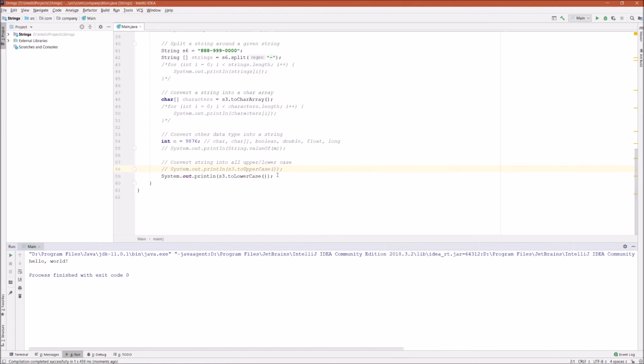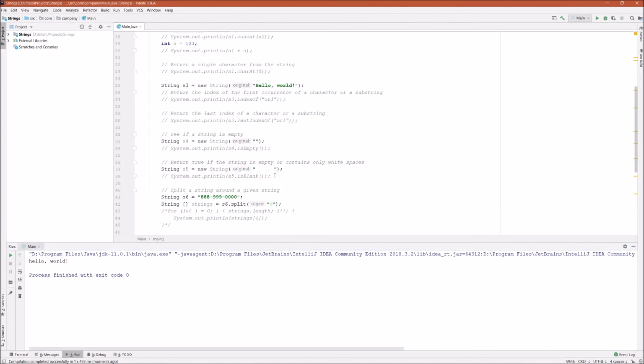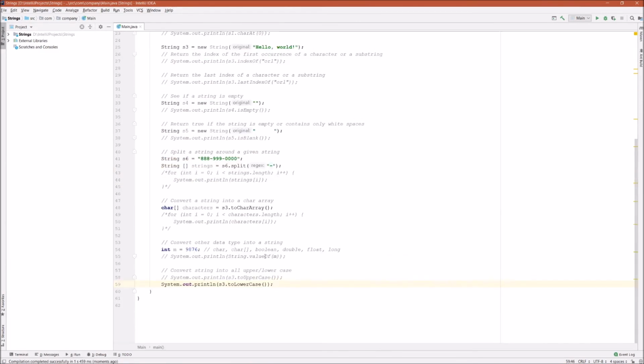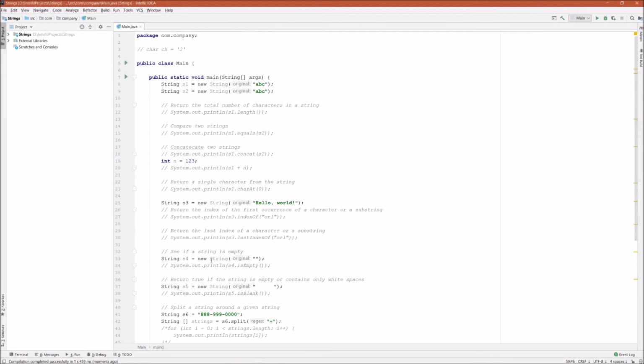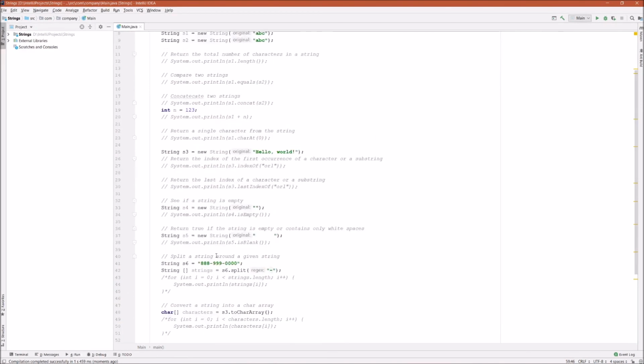Yeah, that's it. I think that's all the frequently used methods for string manipulation, and hopefully